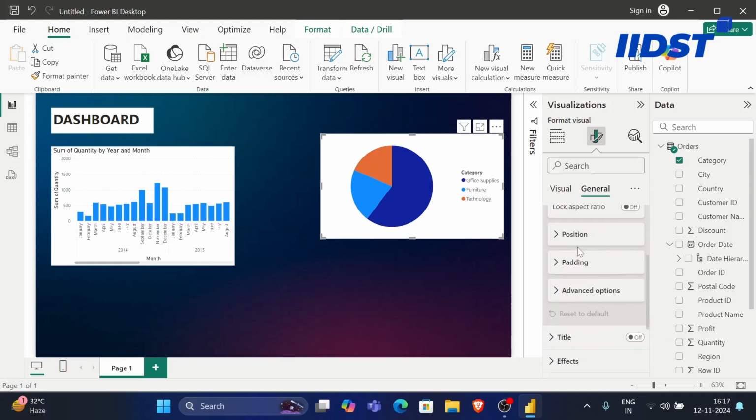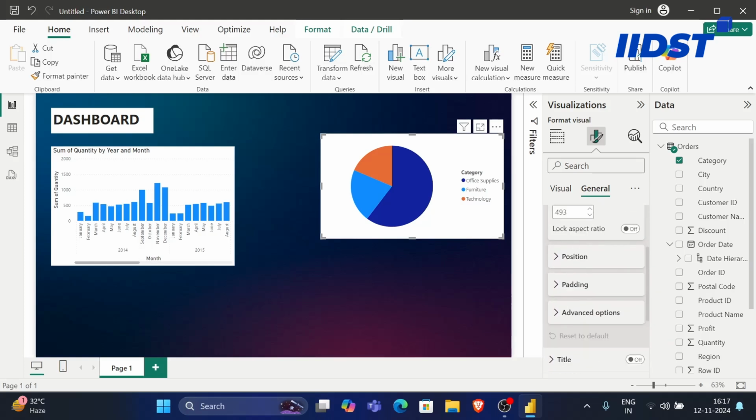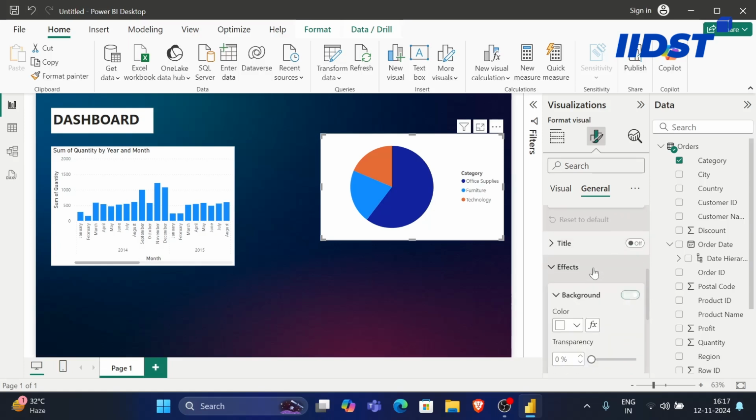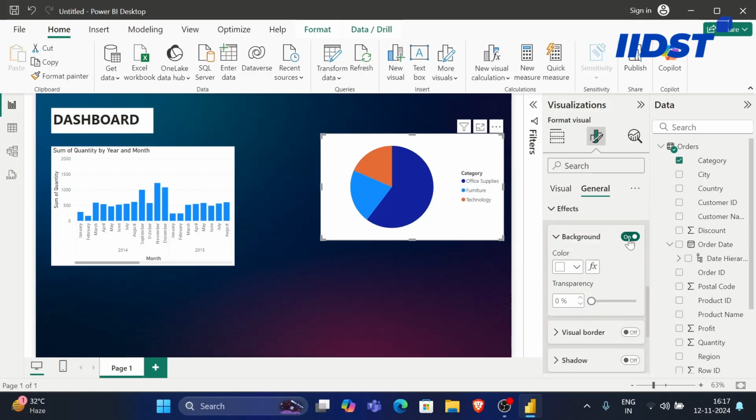If I head over to the properties, you can adjust the height and the width of the visual from here. You can see that it's automatically increasing and decreasing. If you want a more manual select effects, if you want a background, if you don't want a background, we'll